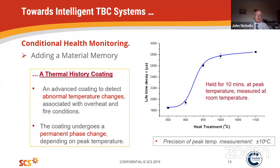At this stage, we had a very good monitoring system. It could be used in situ within an engine, but it couldn't really be used in situ within a flying engine. And the reason is you have to take a payload of high intensity laser into your engine and have it operating in a plane. But we were able later to validate it in industrial gas turbines, and I'll show you some of that in